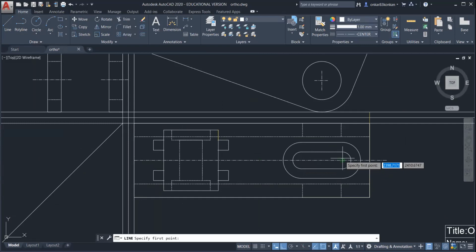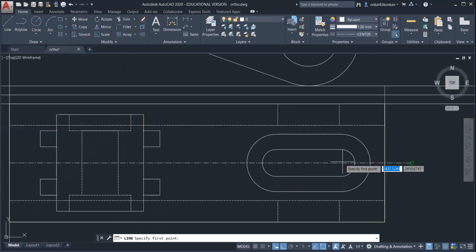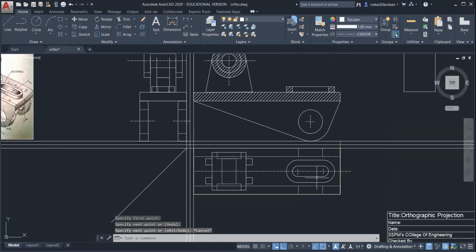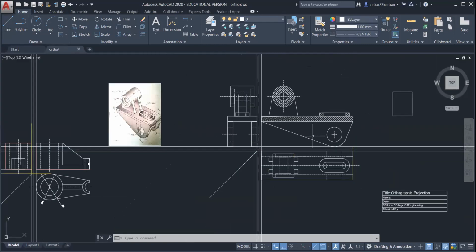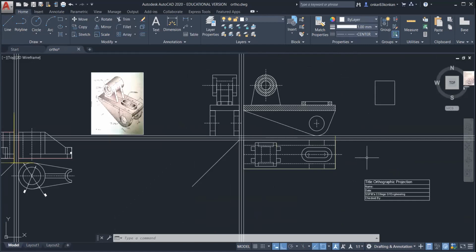So for these two centers, we should draw the center line. Okay. So this is the complete projection.